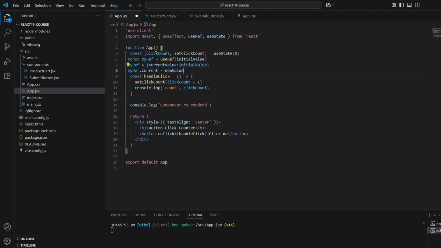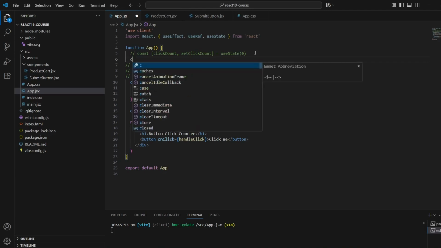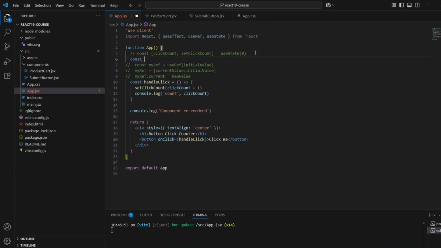Now let's solve the issue we faced with state by using useRef. Let me comment this out first. Instead of state, let's use a ref here. Let's comment this out also, and create a ref. How can we create a ref? Just a variable name.